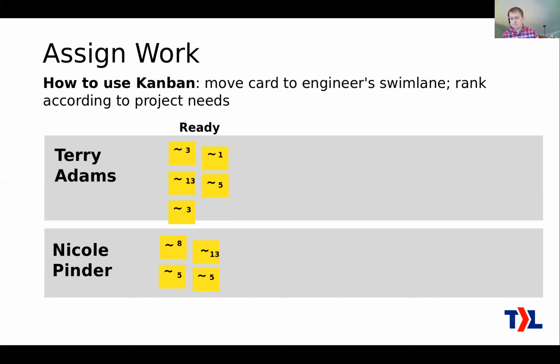Okay, so you as the manager take the work off of the project swim lane and pull it over onto these engineers' swim lanes, and you pop it in a ready column for the engineer. And then Terry can easily see the stuff that's in his queue. Nicole can easily see the stuff that's in her queue, and you prioritize it. Okay, so again, this isn't just a bucket of tickets that they pick from on their own. These are ordered, first, second, third, fourth, fifth, because you as a project manager need that sort of control to make sure that the important stuff is getting done and not just getting delayed there.